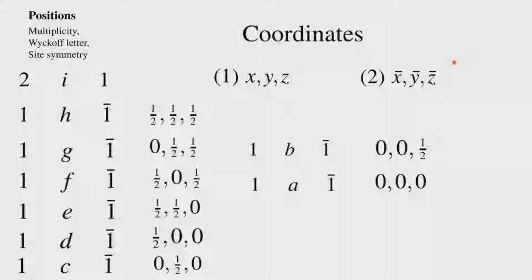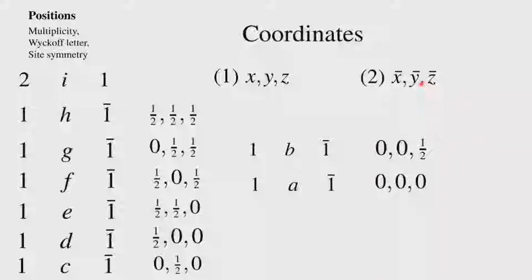Now, the corresponding equivalent positions are shown here. What is important to notice here is that there are 3 issues. One is called the multiplicity, the other is the Wyckoff letter, and the third one is the site symmetry. These are the 3 issues we already discussed, but we will go into them in more detail with these clear diagrams which we have now got. The first one is the multiplicity. It tells you, given a position x, y, z, how many such positions get generated by this space group, and that happens to be 2 because it is x, y, z, x bar, y bar, z bar.